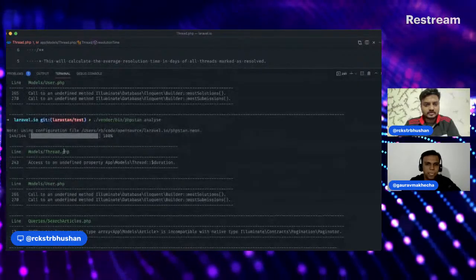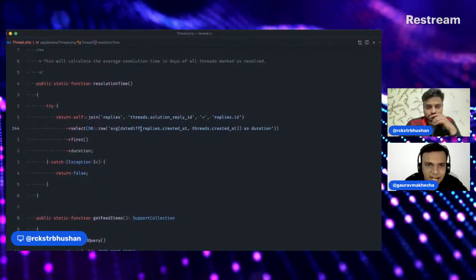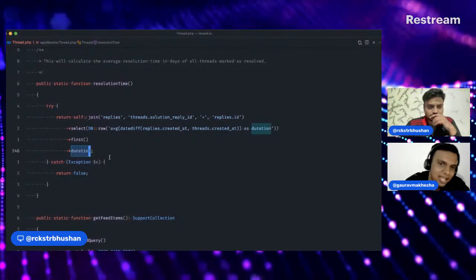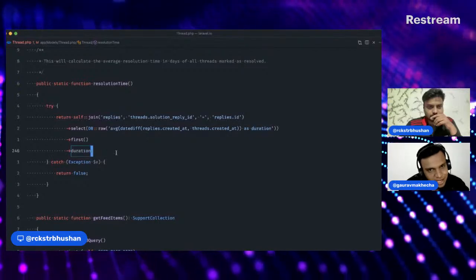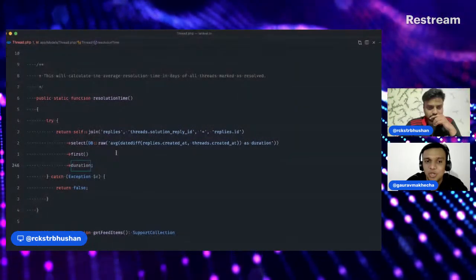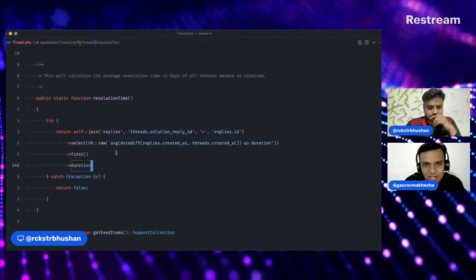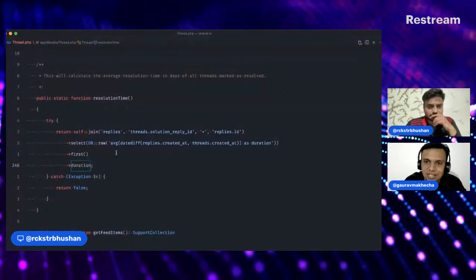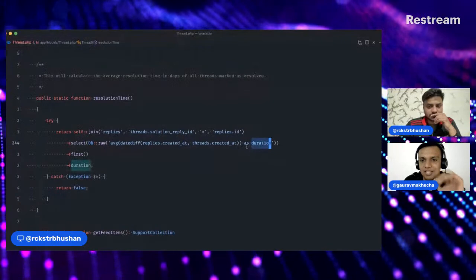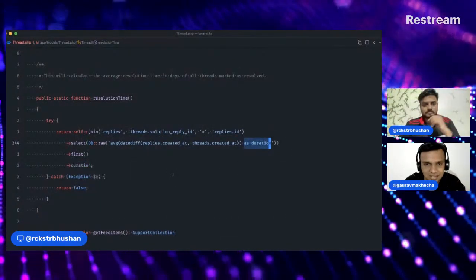So here it is, and the error says that access to duration is not there, right? If you look at it, we are actually doing the alias at the query level, right? And Laravel knows that when you say first, it returns an object of this class, and it looks for a duration column. But the duration column is not there in our migrations. It's not one of our columns. It's actually just an alias that we have added in a custom raw DB query, right? So that's why it's yelling at us.